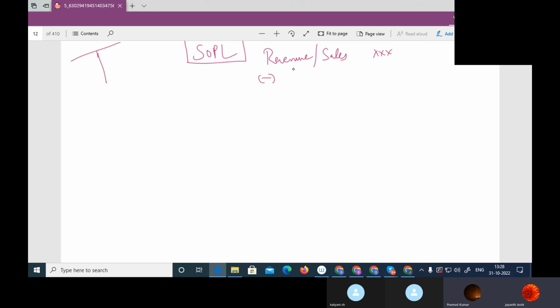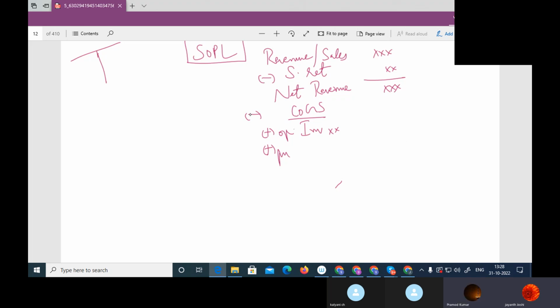If there are sales returns, we deduct the sales returns. Then what we get is net revenue, or net sales. Less COGS. So what comes under COGS? We take opening inventory, if we have any. We take purchases. Whatever the subtotal of this COGS would be, that would be subtracted from the net revenue